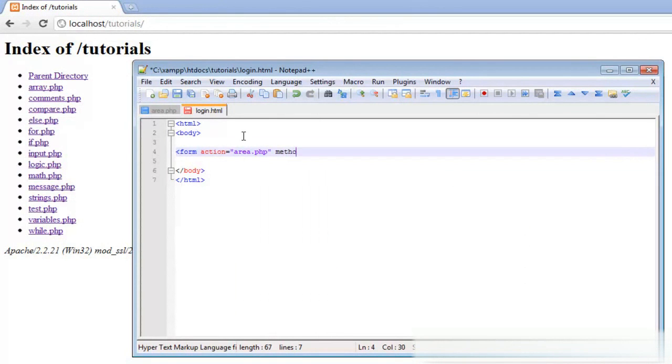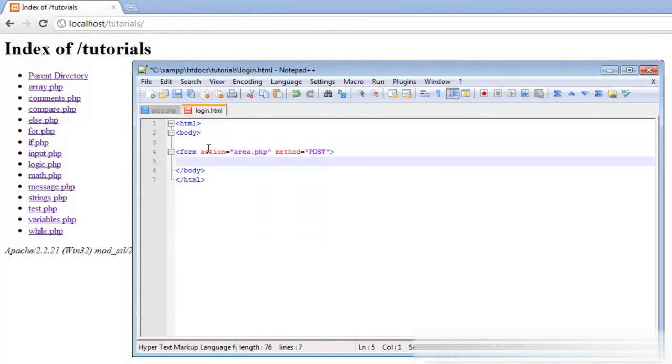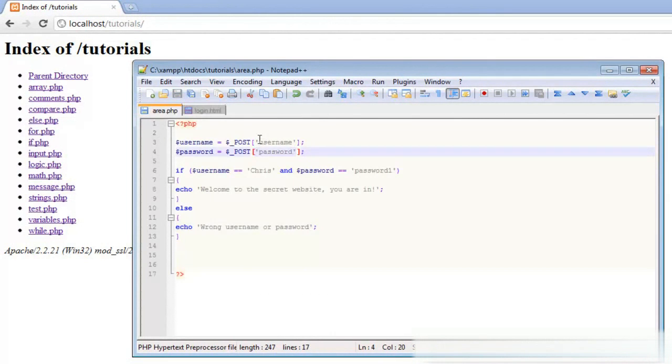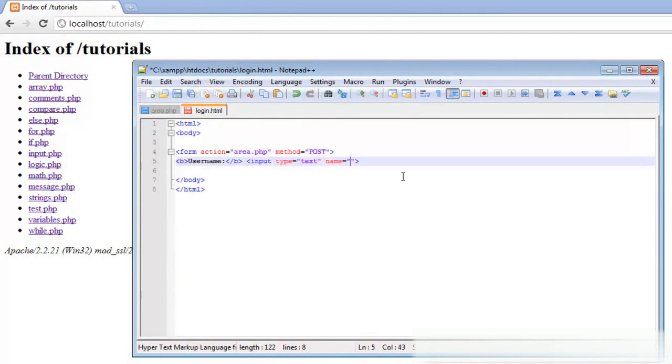And then this time the method is not get, it's going to be post. So we're just telling the form that the method is post, and then the action is area.php. Then we need to create our two text boxes, so we're going to put bold username and that. And we're going to put input type equals text as before, but this time the name must be equal to the name of our variable that we're setting over here. So if we go back, the variable name of post is username, so the name must be username, and we'll have a line break to go to the next line, and then the next one,